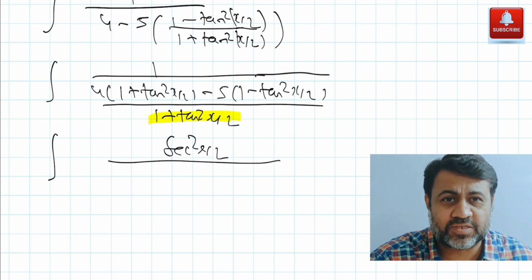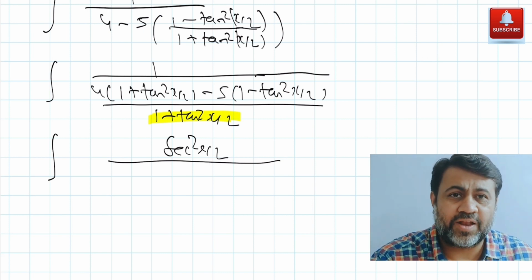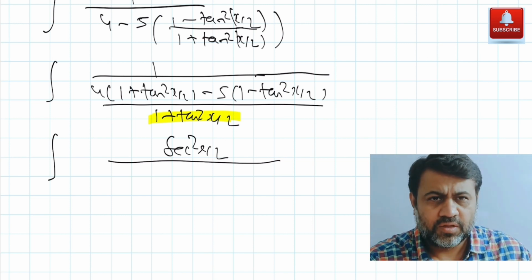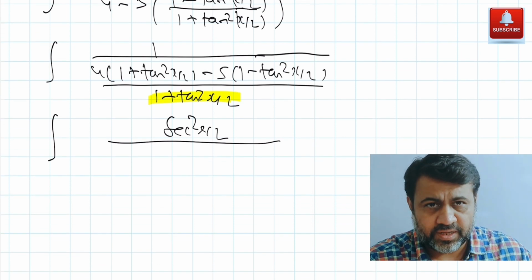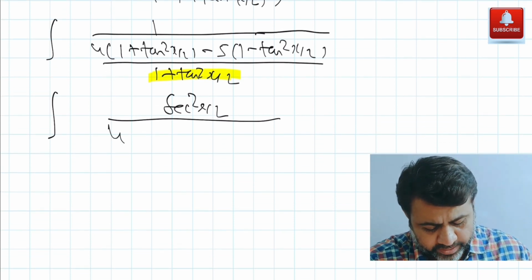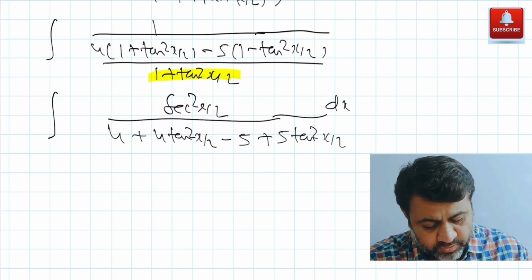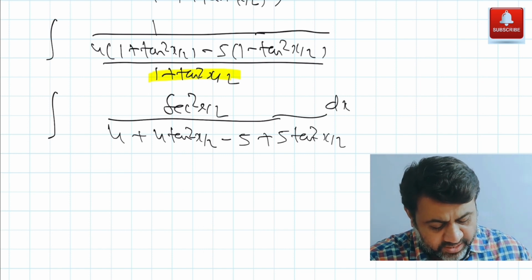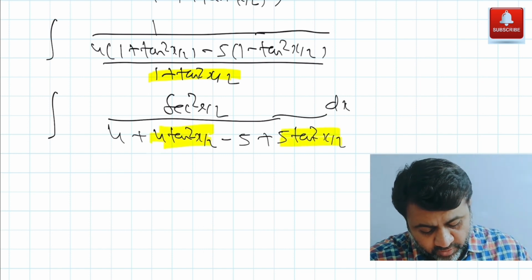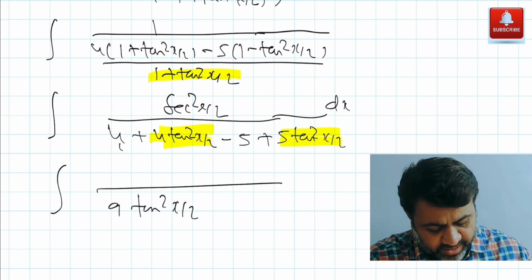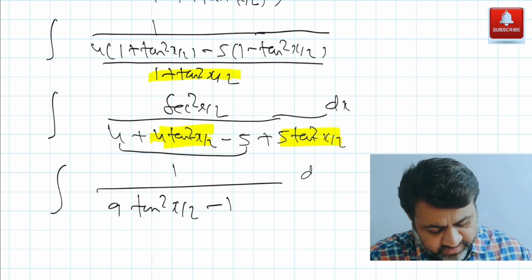Now by this time you also have realized that this is again going to be the similar kind of thing, right? I'm going to put value of tan x as t, so sec square x dx will be dt kind of thing. We'll observe कैसे आएगा वो. So I just open the bracket here. We get 4 plus 4 tan square x by 2 minus 5. Open the bracket, minus minus 5 minus minus plus हो गया तो plus 5 tan square x by 2 dx. Now just observe, थोड़ा simplify कर लेते हैं इसको. Plus 4 tan square x by 2 and 5 tan square x by 2 put together, what we get is 9 tan square x by 2, and this 4 minus 5 I write as minus 1, and in the numerator we have sec square x by 2